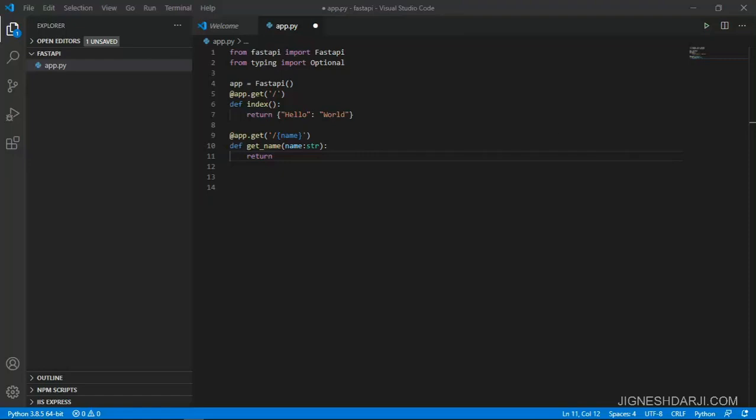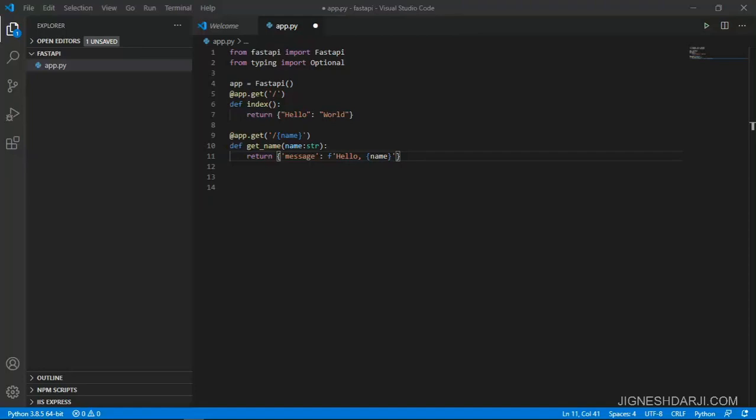So let's write logic for that. I already created the sample logic in a separate text file, so I just go there and copy paste it over here. So I just return a message and then a value, something like hello comma name. So these are my two get methods related to the API.